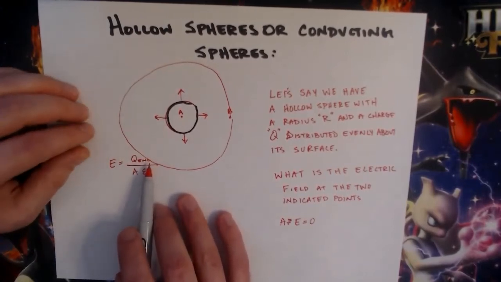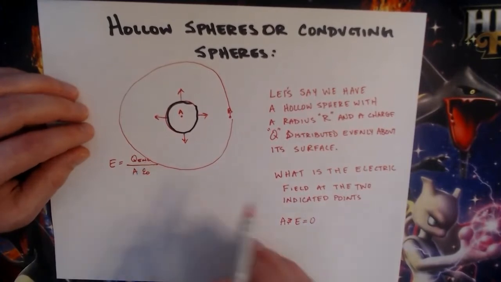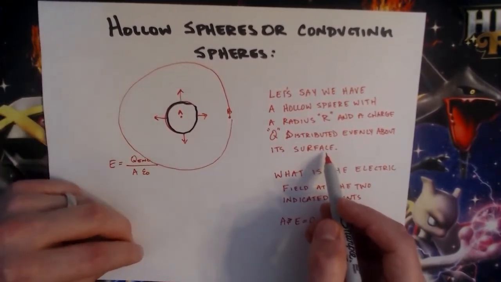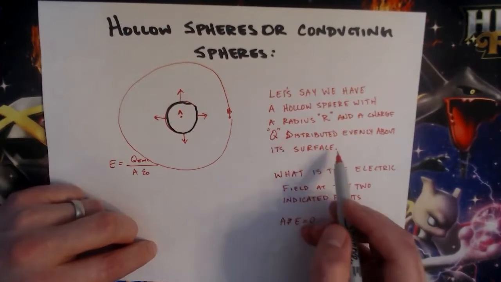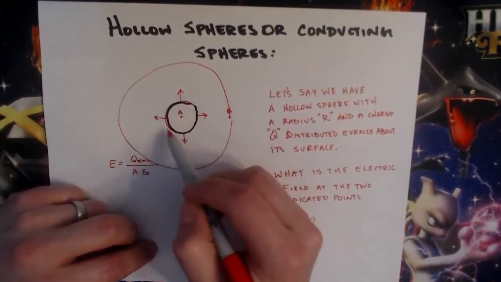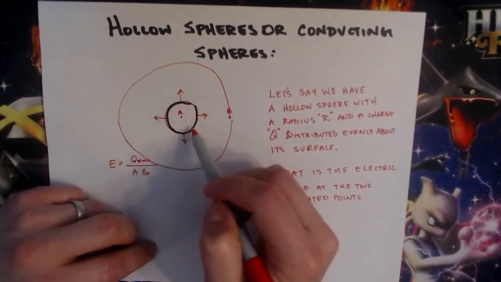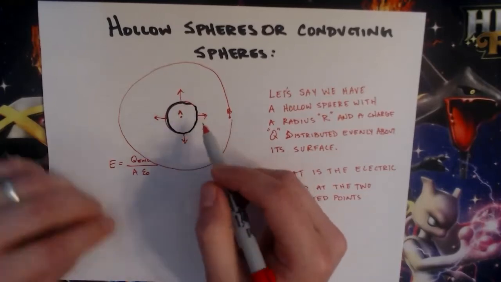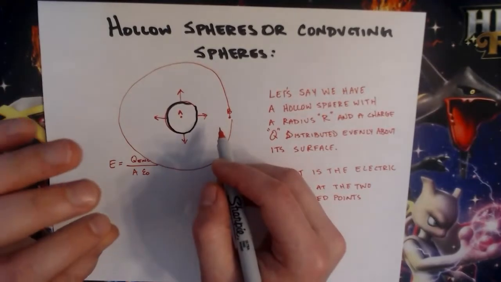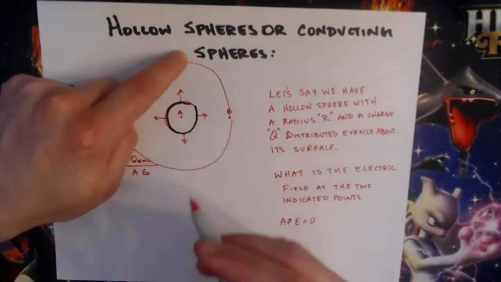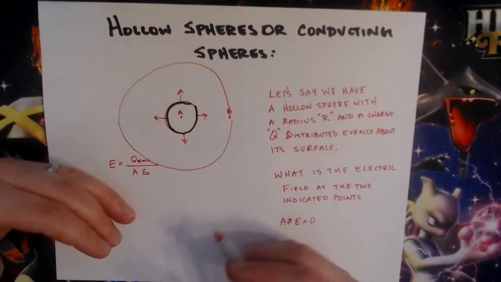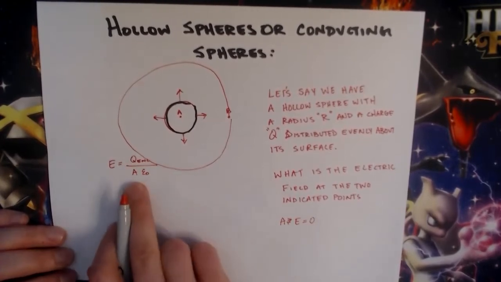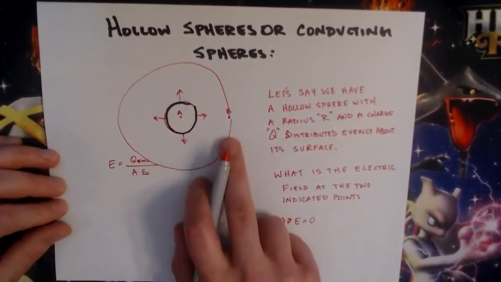We can do the Q enclosed lots of different ways. I've described that the Q is distributed evenly about its surface. So we can either find a surface charge density, or we can say that the amount of Q inside of this surface is all of this Q. Okay, so we can say that all of this Q is inside, and this turns into a relatively simple problem. Hollow spheres, you don't necessarily need to use Gauss's law. We're going to see that the Q enclosed is Q, and our surface area for our Gaussian surface is some